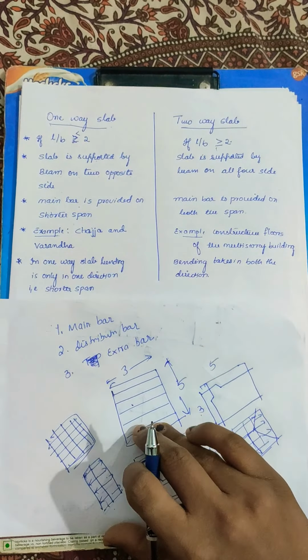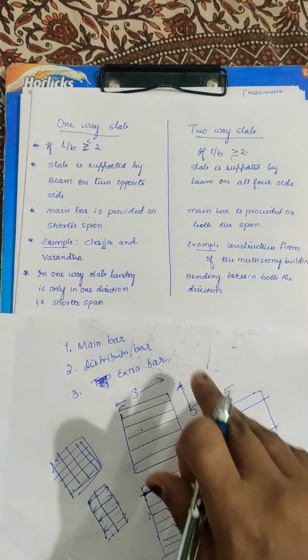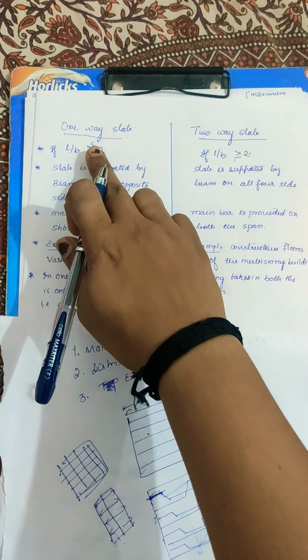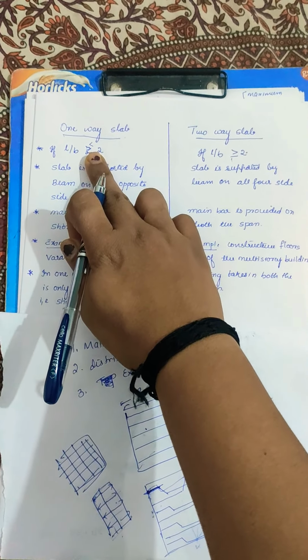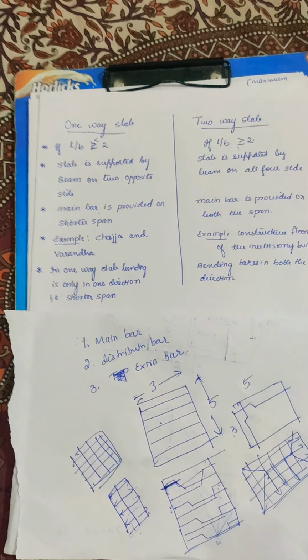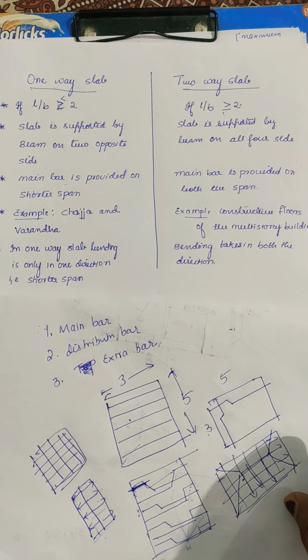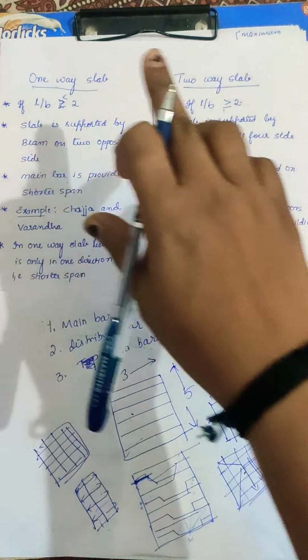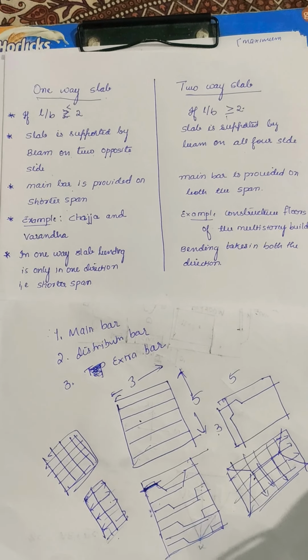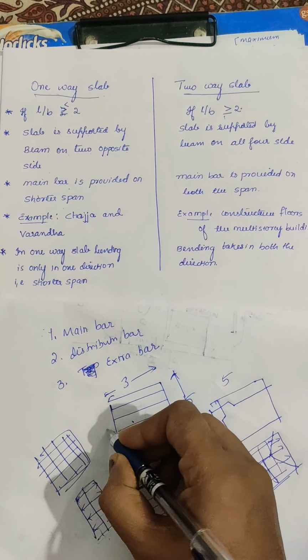I guess you people understood this. These two points I have explained: how the L by B ratio, whether it is less than 2 or greater than 2, identifies a one-way or two-way slab. And the next point, that it is supported on beams in two opposite directions, that also I have shown you